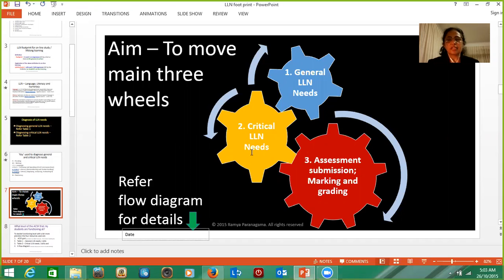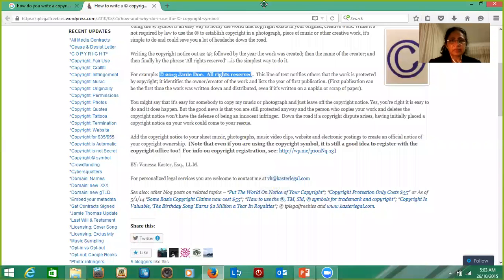It is crucial here, right, to make sure that the wheels are rotating correctly. The critical learning, language, literacy and numeracy skills are to be met. If not, these 3 wheels would not rotate, and your hourly, the clock would not move. And that's not what we want. We want it to move. So the next one is going back to the